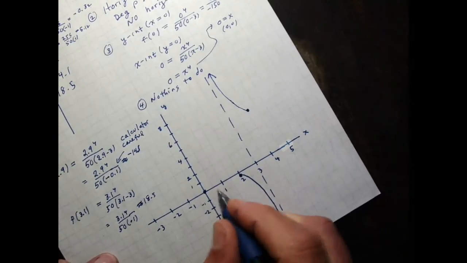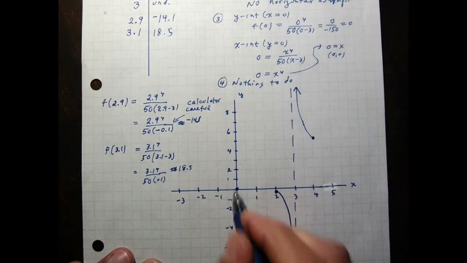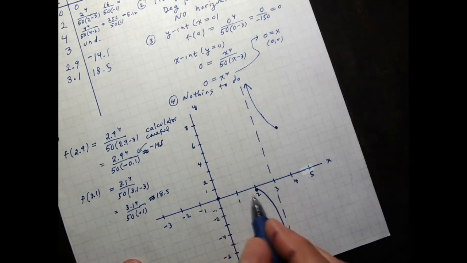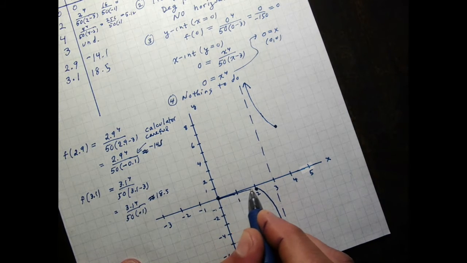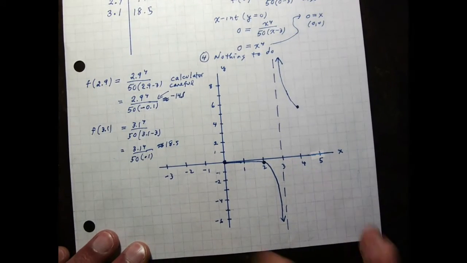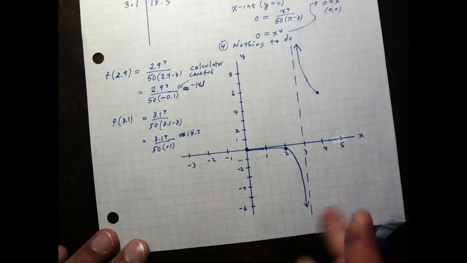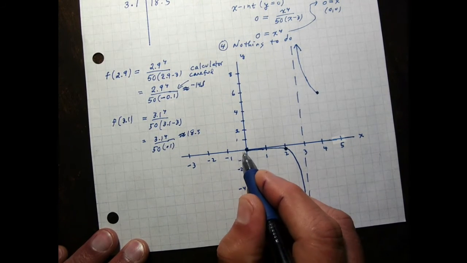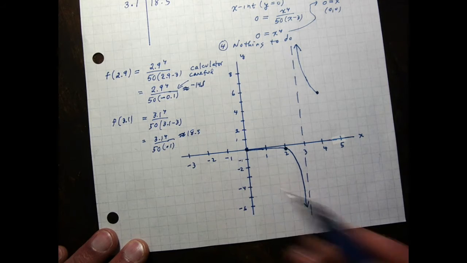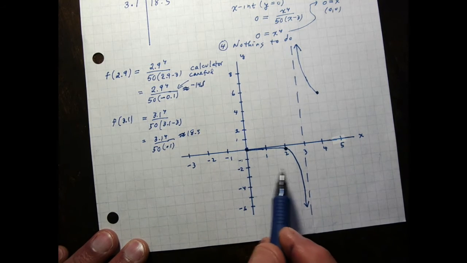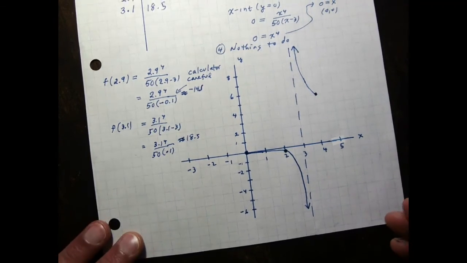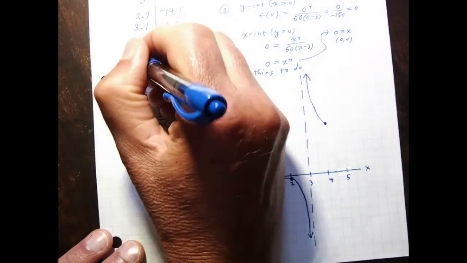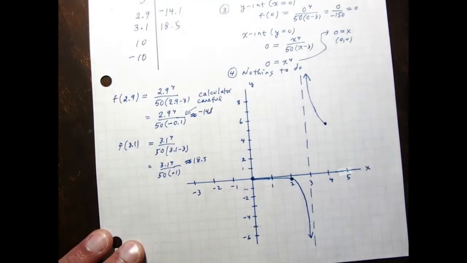Now, I also know I have that 0, 0 point, right? And this is a little tricky. I can't cross the x-axis again because I know there's only one x-intercept. So I have to kind of creep over there to that 0, 0 point. And I'm going to have to come back down because, again, I think. And so what I want to check here is end behavior. So I don't have a horizontal asymptote, but if I plug in numbers like 10 and negative 10,